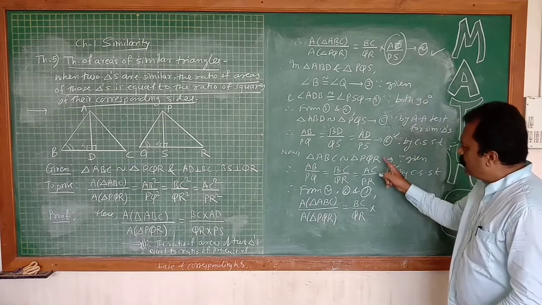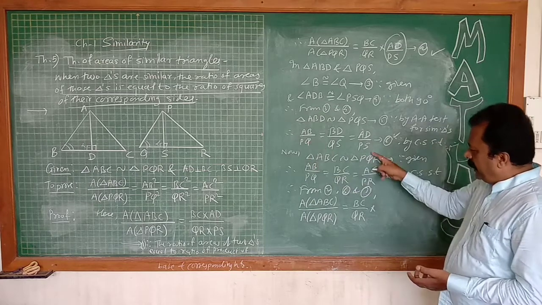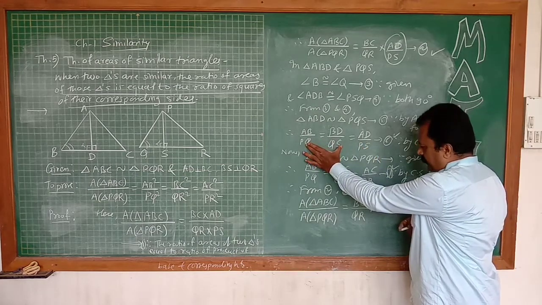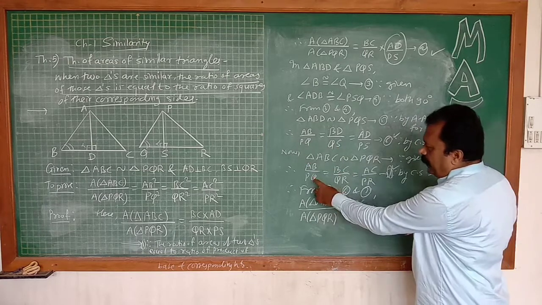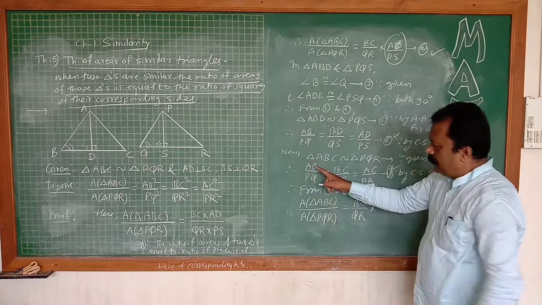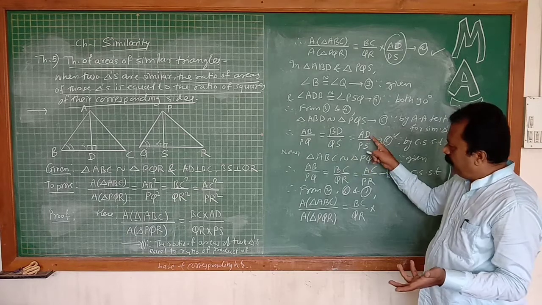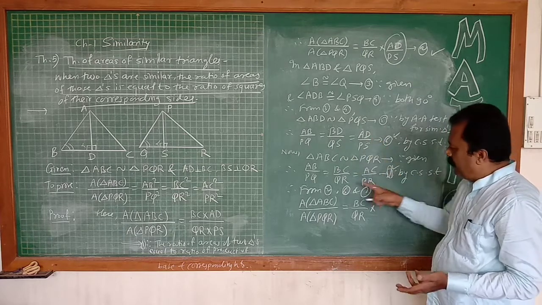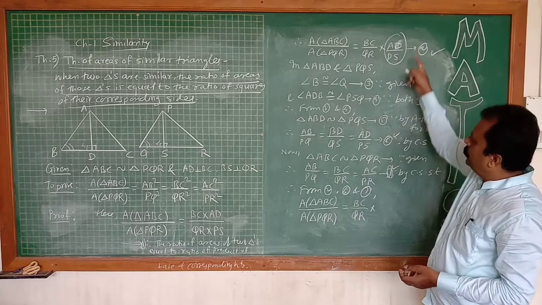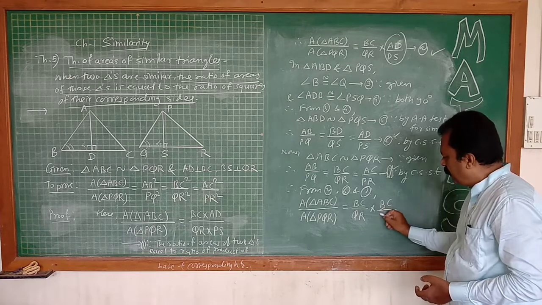Now check, the area upon PS value is what? This and this, both values we got. Now area upon PQ here also. So suppose the area upon PQ's value is 7 upon 5, then the area upon PS is also 7 upon 5, and BC upon QR is also 7 upon 5, because all are equal to each other. So from 2, 6 and 7 we can write directly BC upon QR.